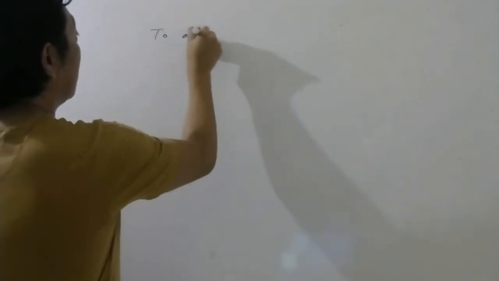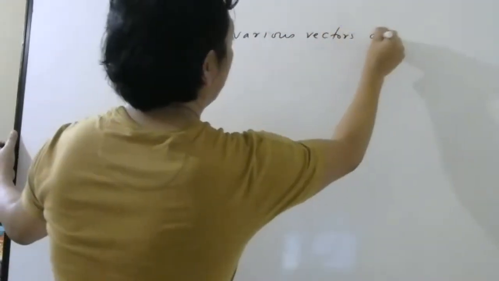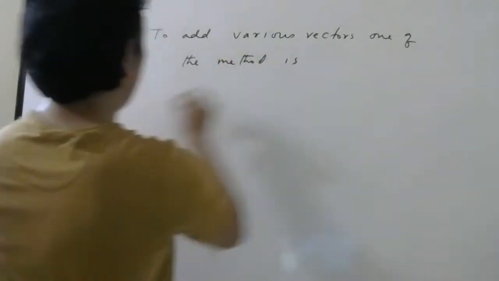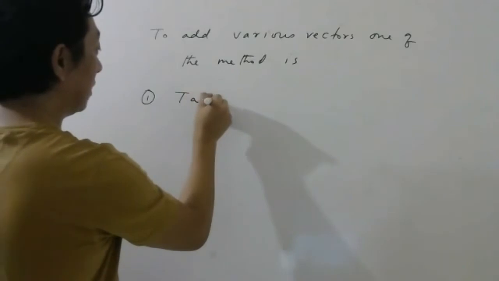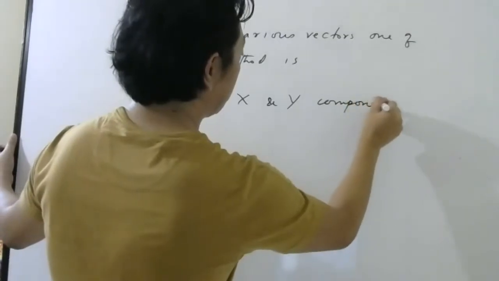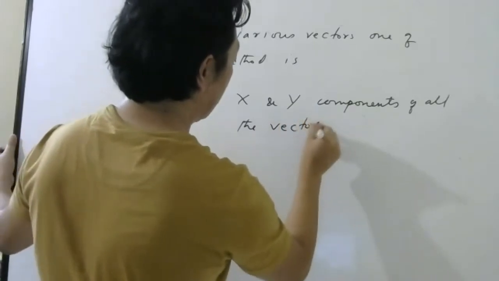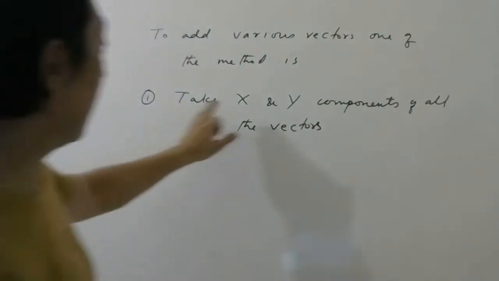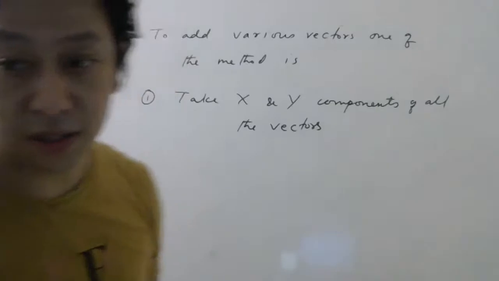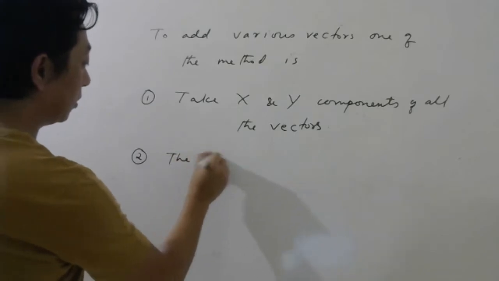To add various vectors, one of the methods is, number one, take x and y components of all the vectors, which you can find very easily if they give you the angle. Take x and y components of all the vectors. First step is take x and y components of all the vectors. First step. Then find total